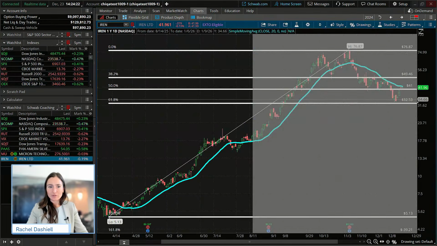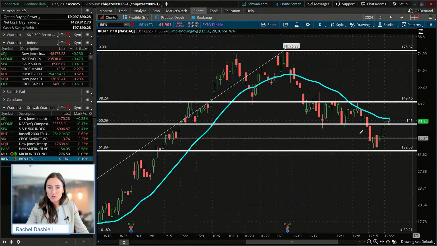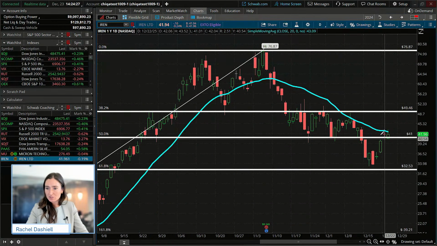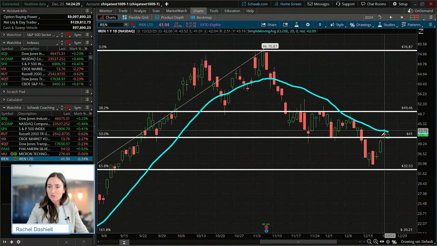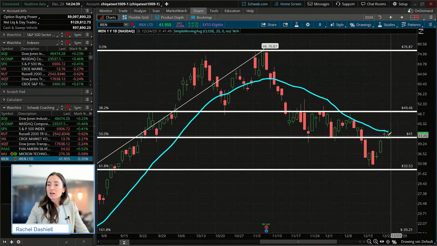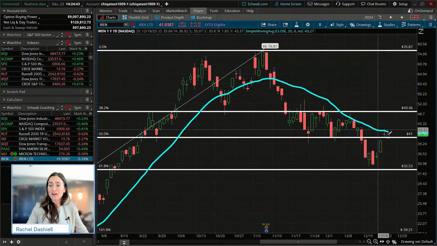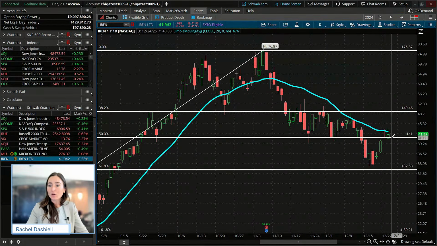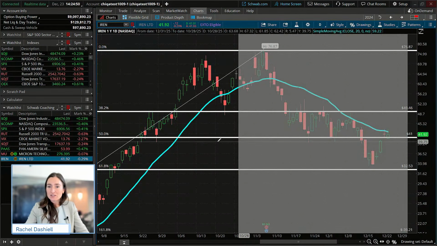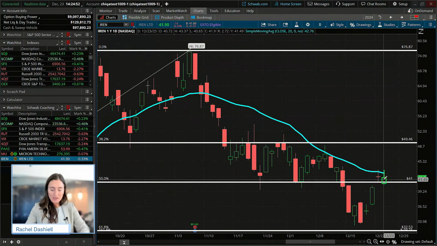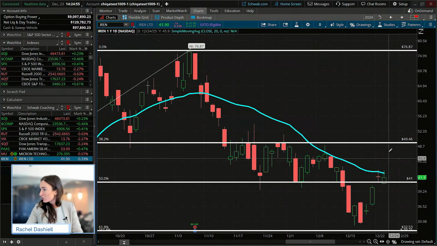I'm going to zoom in a little bit further so you guys can see this. So it gapped above that 50% retracement, kind of stalled out a little bit there right above it, and now is fiddling with that level as well as the 20 period moving average in this case. So this may be an area where traders may wait to see a confirmed move above that indicator, but also a confirmed bounce from this level, since we did see a bit of a retest from that today, before actually entering into a trade.